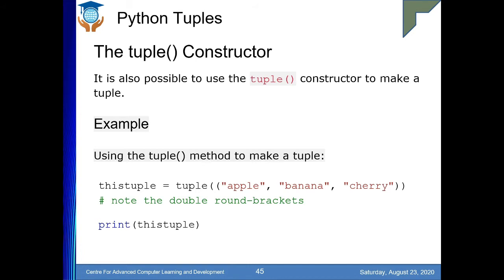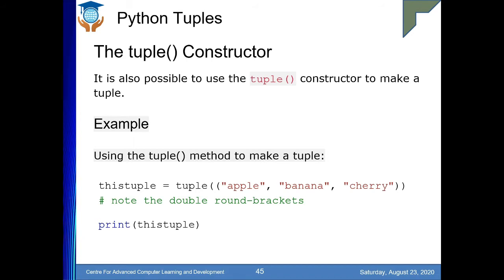That is the difference. Or you can simply create a tuple by writing tuple equals, round bracket, the number of elements you specify, close bracket. That's it. That is the conventional method, or you can use the tuple constructor.